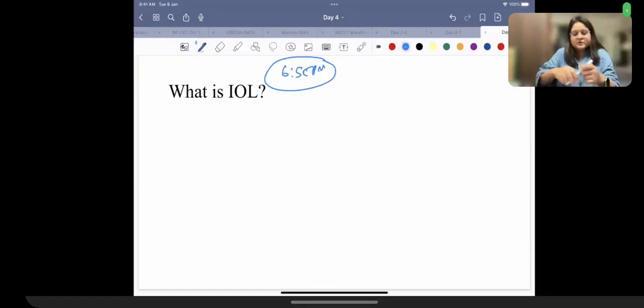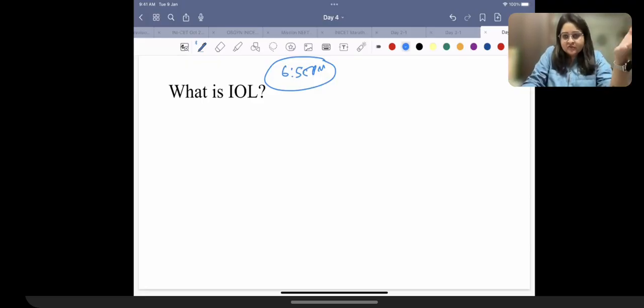Topics related to management of labor, or when the patient is in labor, how do we manage labor? So we start with, first of all, induction of labor. What is induction of labor? Induction of labor is if a patient isn't in labor but we want to deliver her, like all that we've